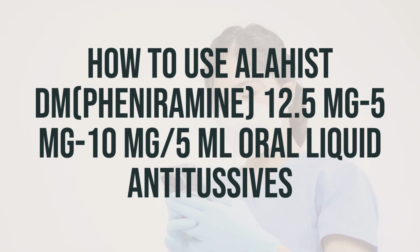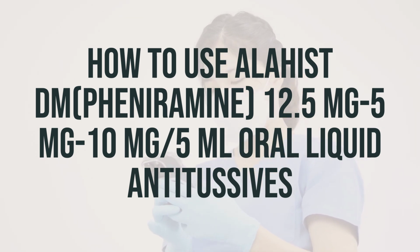If you're using the liquid form, make sure to use a medication measuring device to measure the prescribed dose. Don't use a household spoon, and if it's a suspension, be sure to shake the bottle well before each dose. For extended-release capsules, swallow them whole and do not crush or chew them. The same goes for extended-release tablets, unless they have a score line and your doctor or pharmacist tells you to